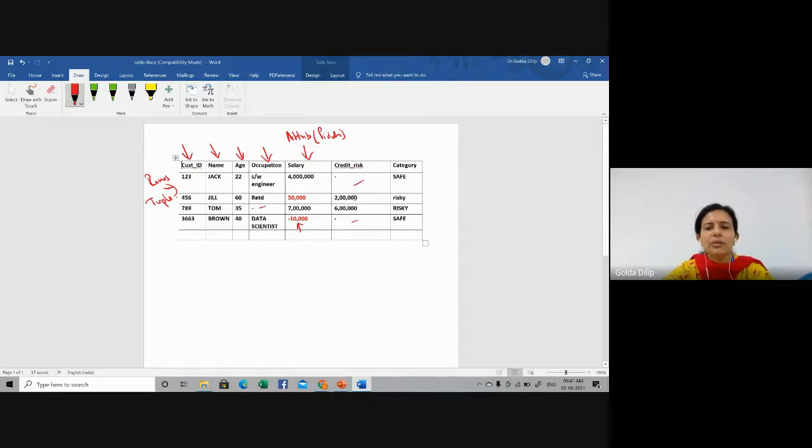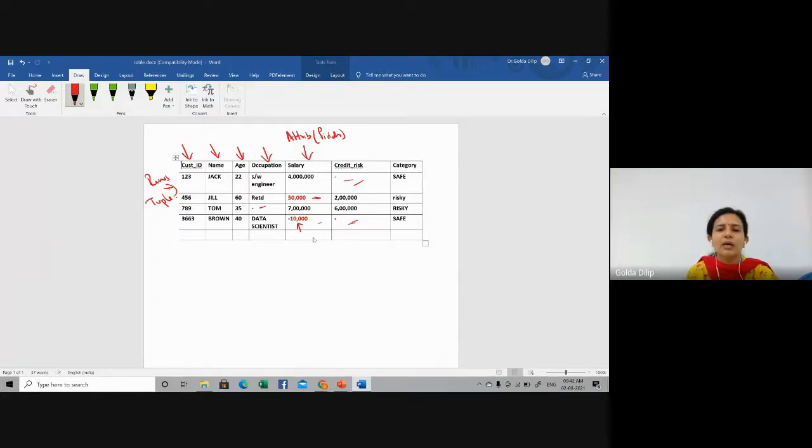These are all missing values. Jill, who is a retired person, is being shown as getting a salary of 50,000. He's a retired person, so definitely he cannot have a salary at this particular point of time other than some pensions and other things. So this could be erroneous data. And Brown's salary is being put as negative 10,000. All these are erroneous data.